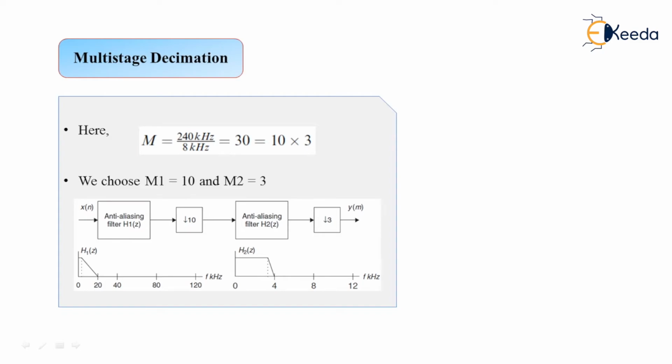So it will work here. Now below this is the representation of the spectral analysis, in short, of H1(z) and H2(z), the nature of the filter functions in the frequency domain. So let us have the filter specifications for the first stage anti-aliasing filter, denoted by H1(z).